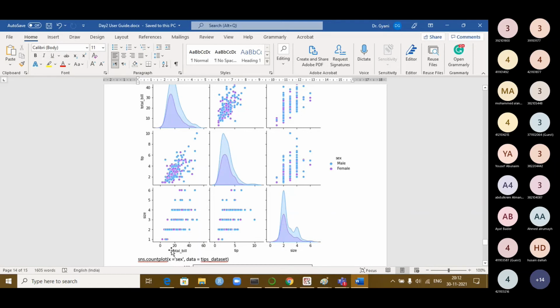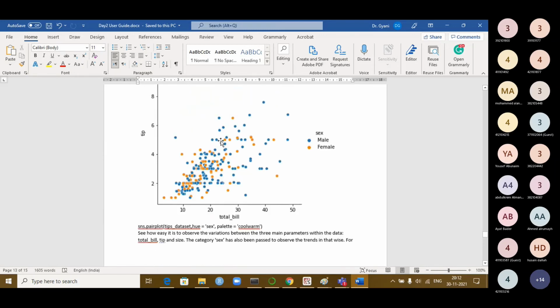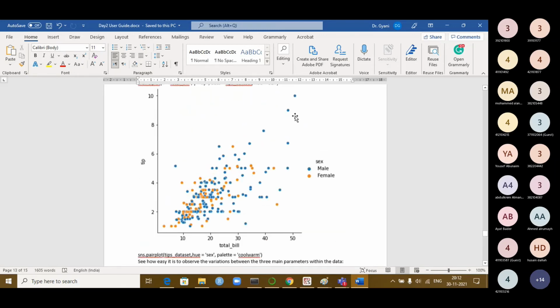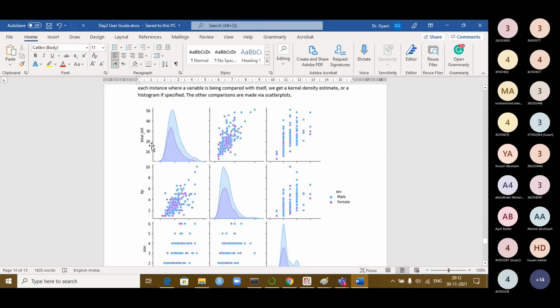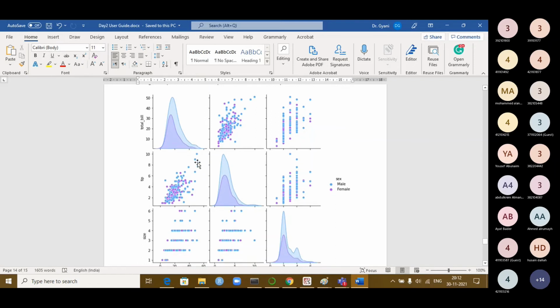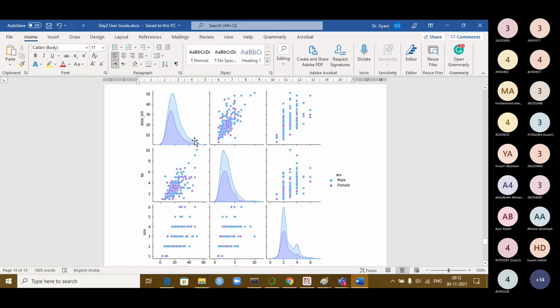Let us come here now. Total bill. What is the maximum group? What is the bill made now? If you look at it, up to 50 it is made by male people. We can see from the previous graph also. We have already seen here that the 50 was made by male. Okay, that is also reflected here. The total bill amount, male and female wise. The maximum bill made by the female is this one, maybe around 45, and the maximum bill made by the male people is around $50. So that can be shown here.